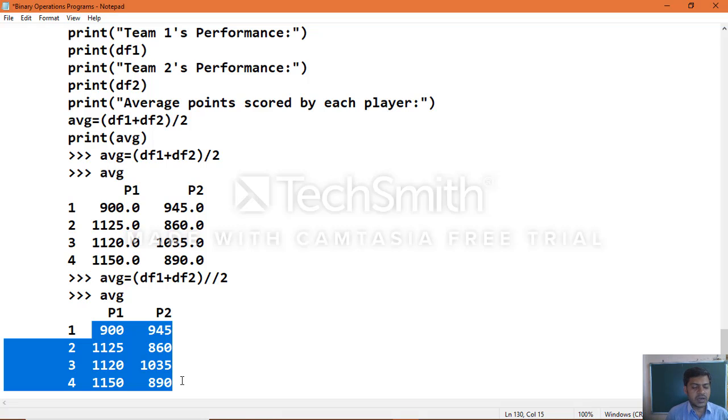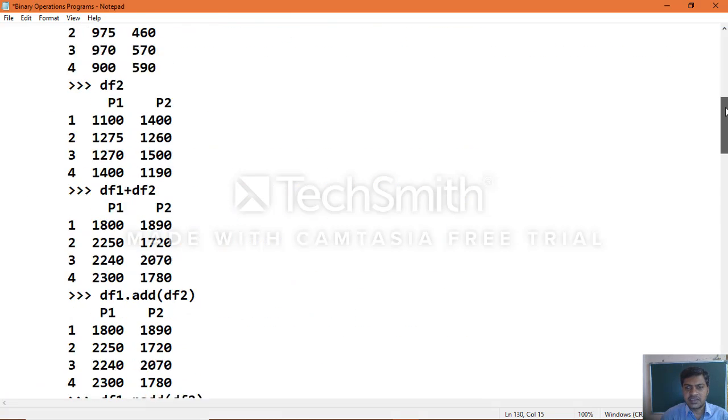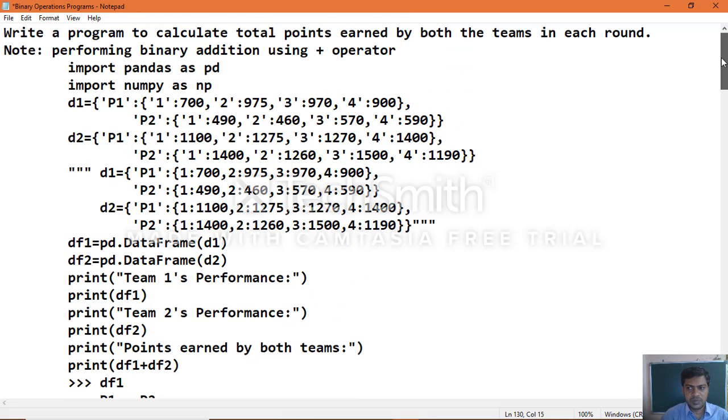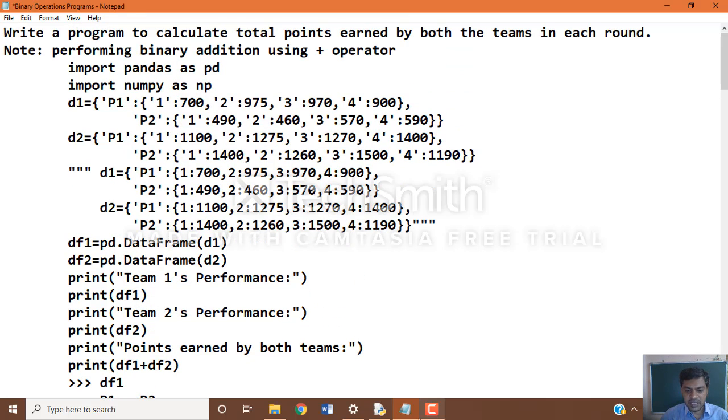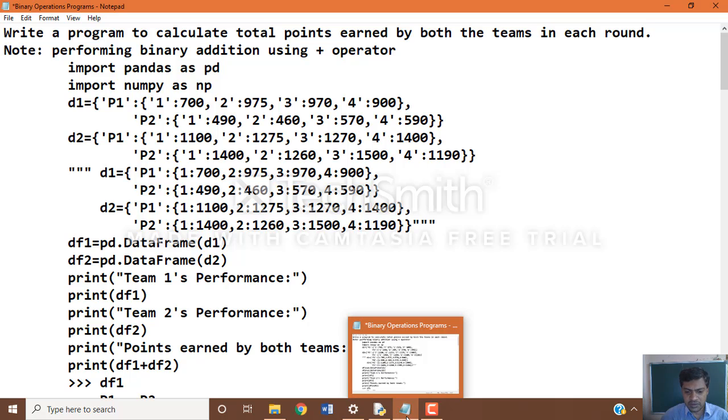So that is how the three programs specified in the textbook show how we can work with binary operations. In the same way we will execute these through the Python interpreter as well as a script file.